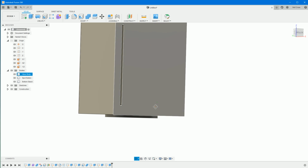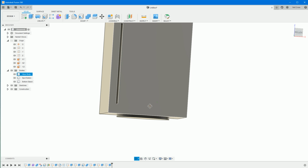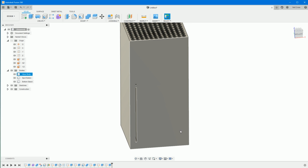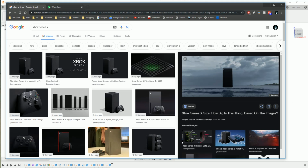Right. Yeah, roughly about the right size, isn't it? I guess so. All right. So on the right-hand side of the Xbox, again, very difficult to see on all of these shots, but there's a USB port,